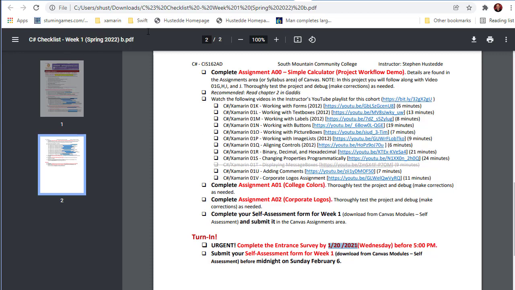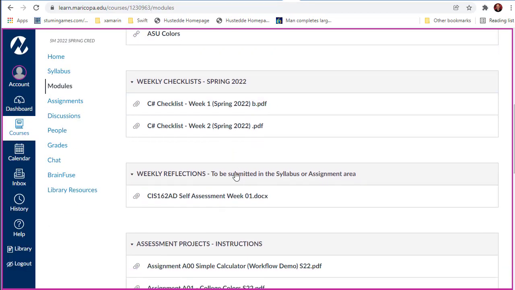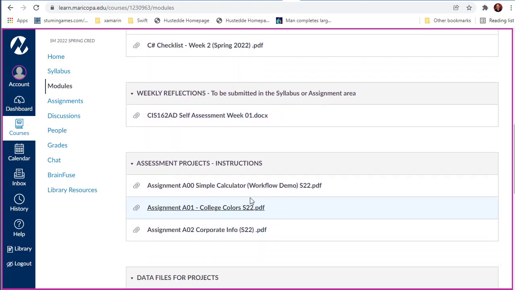So you get a checklist each week. And then back in Canvas, you have your weekly reflections. You can download the first week's reflection, fill it out, and that's what you're going to submit. The 3 projects you're going to do this week are listed here under the assignment projects with the instructions. These are all PDFs, and they will walk you through what's required, how they align, and so forth. And I talk about those a little bit in the